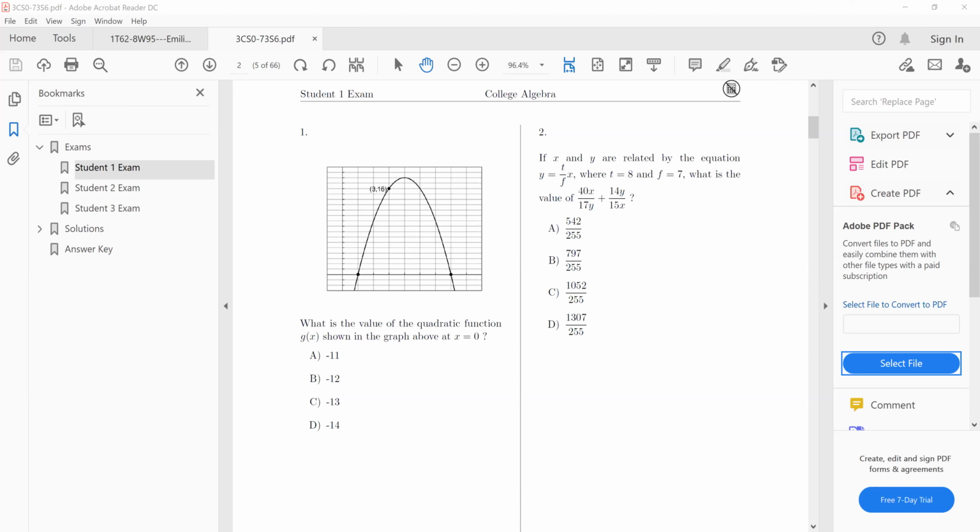At 0, it's way down here, and we don't know which one it is. It could be any of those reasonably. So we covered this question last week. You have to know the equation of a quadratic function. There's 2 equations. There's ax squared plus bx, wait, plus